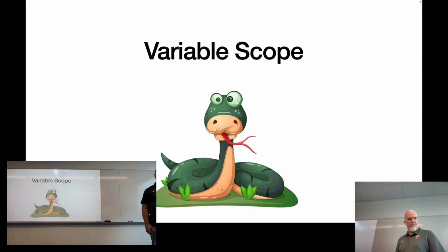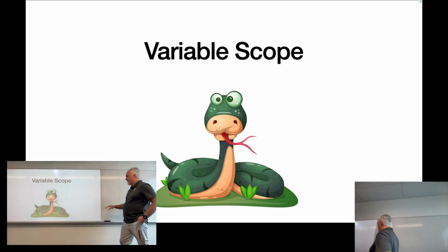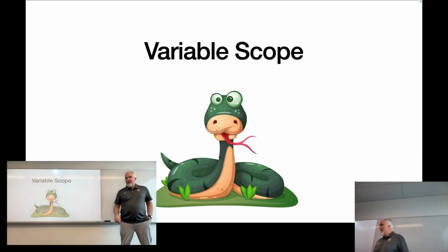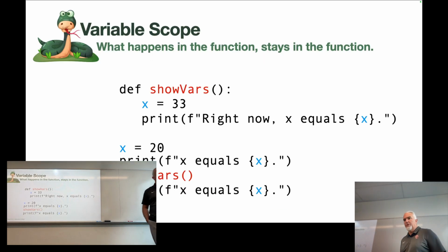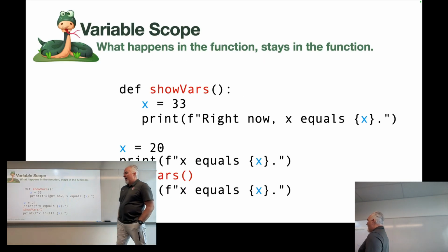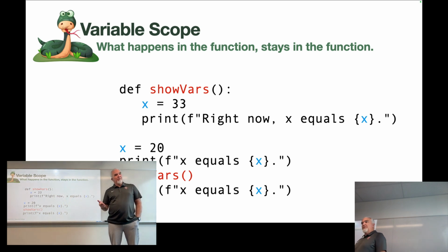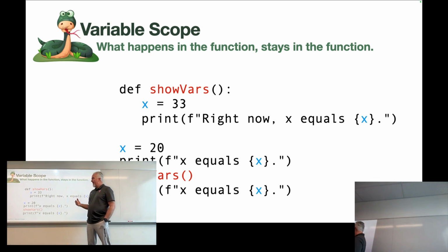We're going to talk about a few more things before we get into the assignment for today. And the first one is called variable scope. Variable scope refers to something that we've already played around with just now, but we'll go a little deeper here. And that is, again, what happens in the function stays in the function. That Vegas principle of functions still applies here,